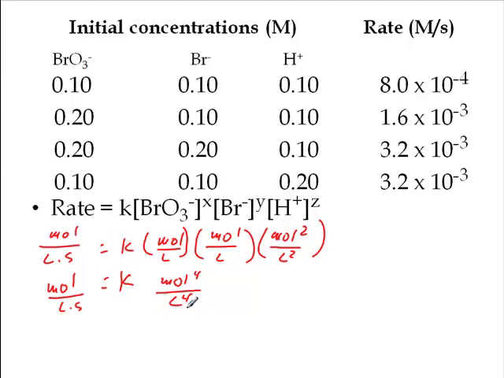So if I put that over there, that cancels one of the liters. Maybe I better write it out. I don't want to mess anybody up here. So if I just do this to both sides, right, times moles to the 4th over liters to the 4th to both sides. As you can see, one of those is going to cancel, so we have liters cubed on the bottom. Seconds is still going to be there, right? And then,